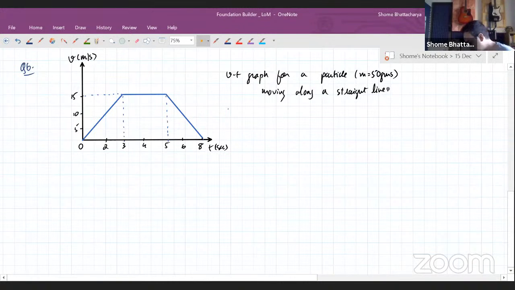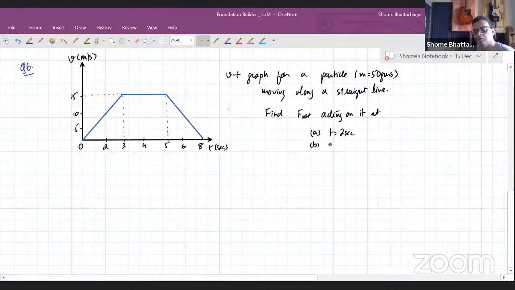So we have to find the net force acting on it at the instant t equal to 2 seconds, t equal to 4 seconds, and t equal to 6 seconds. Okay. So now in this, first of all, we'll use Newton's second law, that the magnitude